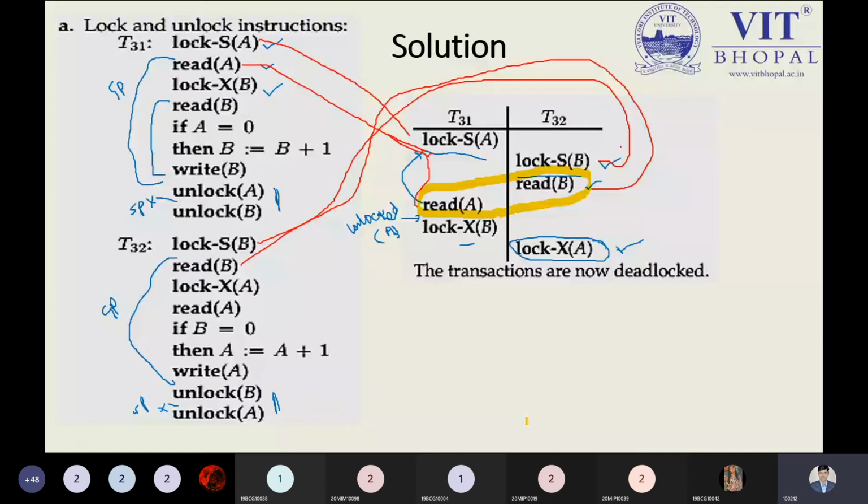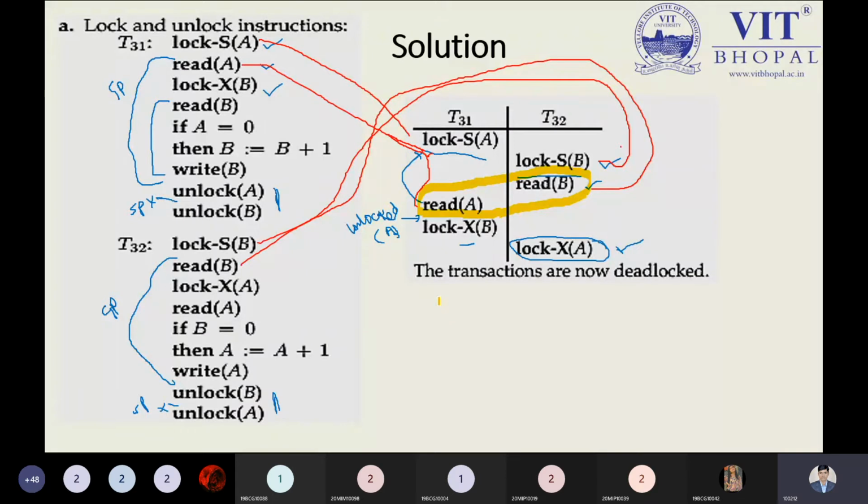If we need to remove the deadlock, then we have to write the unlock properly. Suppose I just need to remove the deadlock. What can I use? I can use the unlock after using the read A. I can use it, no issue, but I have to preserve the rules. I have to think at that moment: is it part of the growing phase or is it part of the shrinking phase? If it is part of the growing phase, then we have to write it in the specific position.